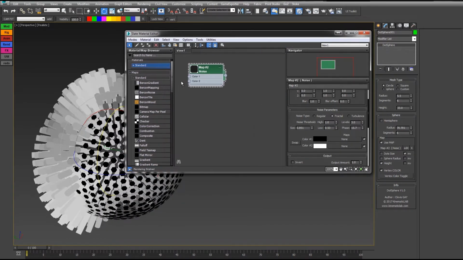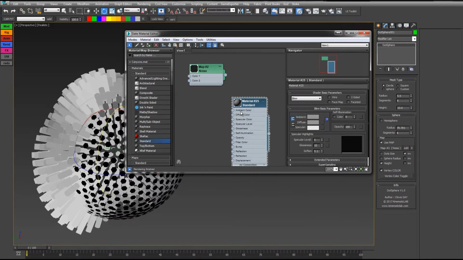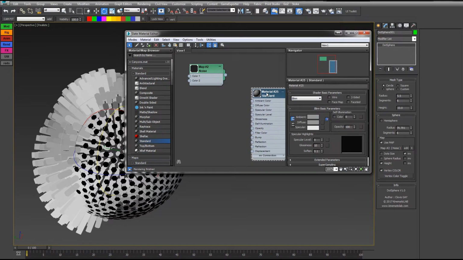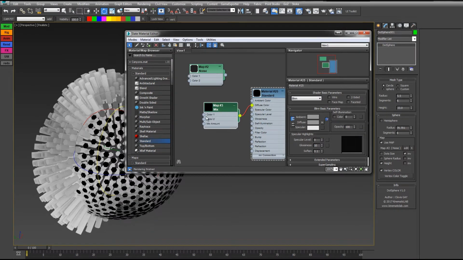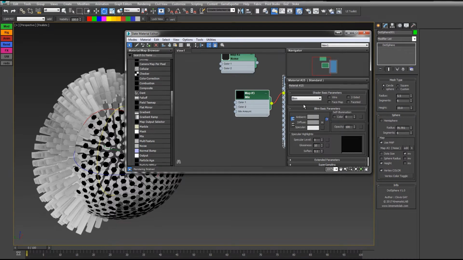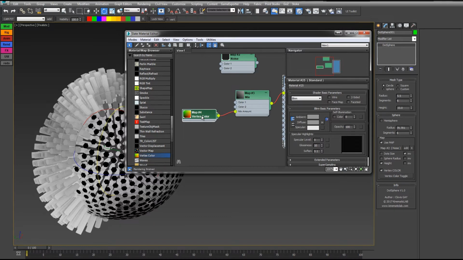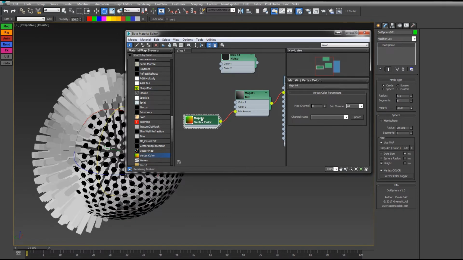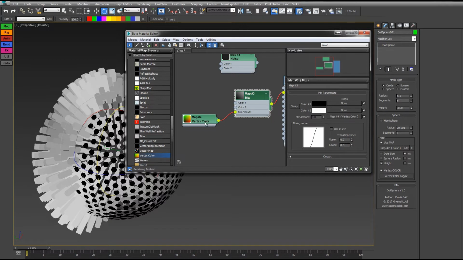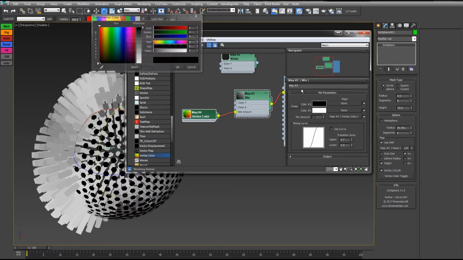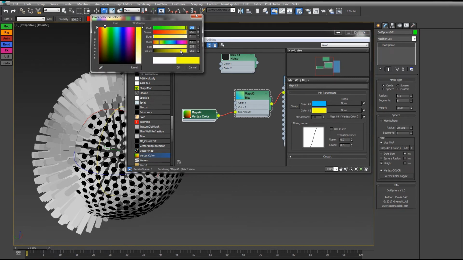And this vertex color can be used to create a shader. So I will apply a standard for the example. And in the diffuse map, I will add a mix map. In the mix amount, I will add a vertex color map, which takes these black and white values. And these black and white values are going to be the map to mix between these two colors. So if I add a blue here, a yellow here,